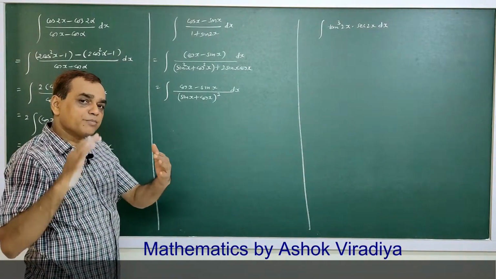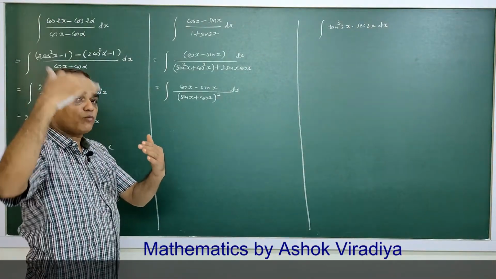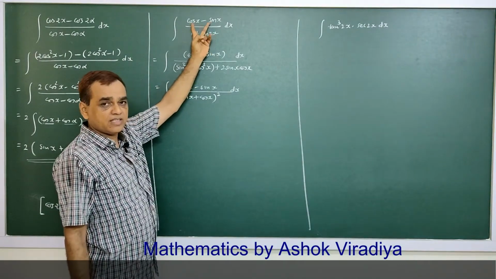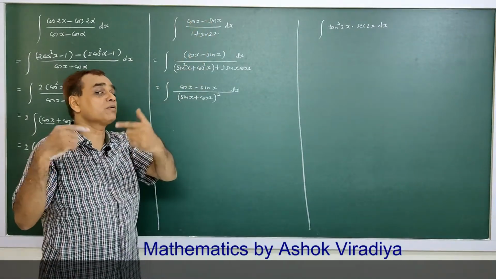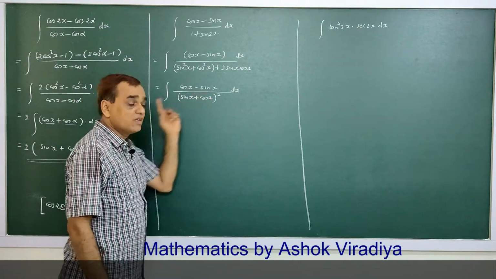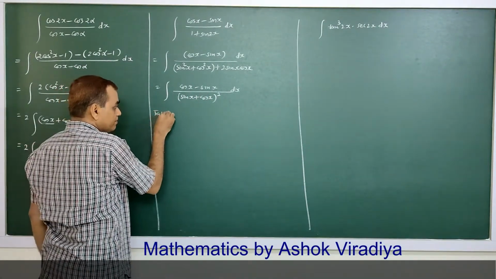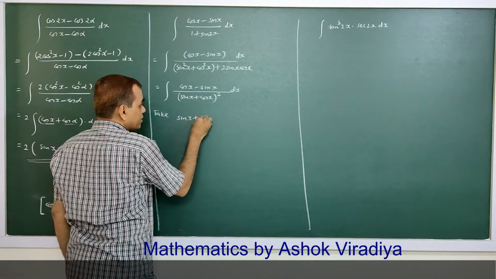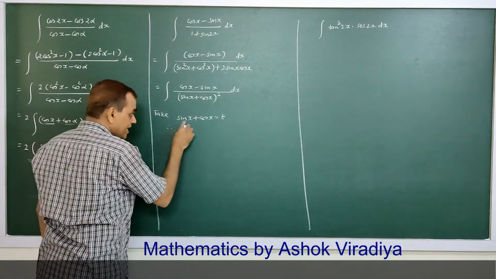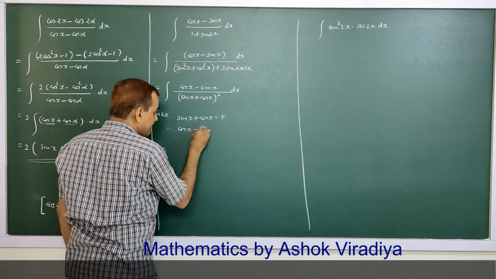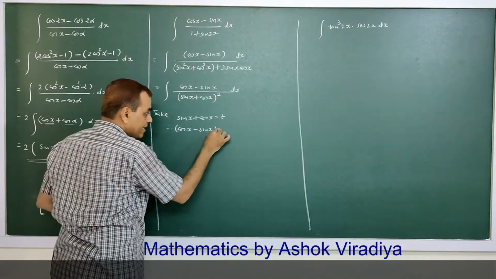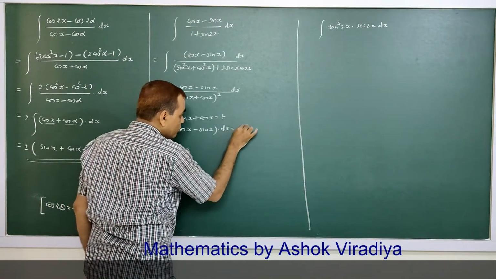So idea comes from numerator by observing numerator. If you observe numerator, then this is derivative of sin x plus cos x. So sin x plus cos x is produced. Now we take substitute sin x plus cos x equal to t. Then its derivative is cos x, its derivative is minus sin x, complete the bracket into dx equal to dt.